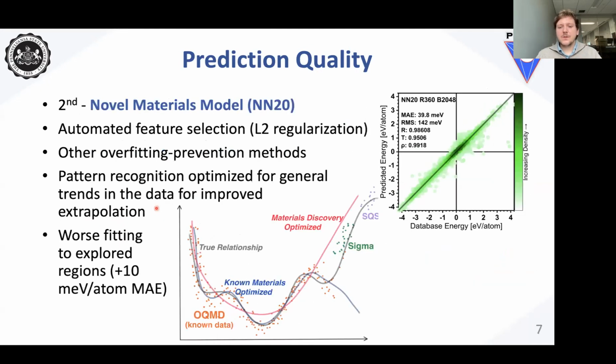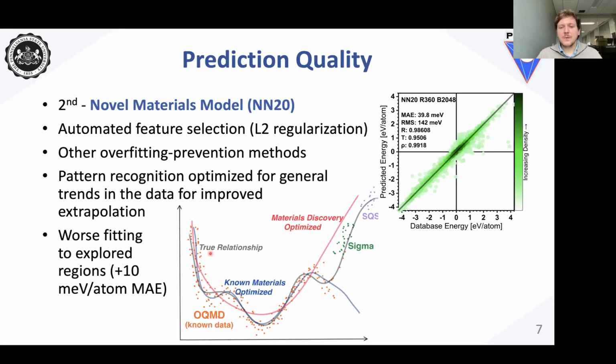Then, if you want to predict something new, you have to do a bit more work. You cannot just create a large deep neural network and call it a day. In our case, when we have this true relationship that OQMD tries to approach and explore, our non-materials model optimized network, like the one that I showed you on the previous slide, is going to try to roughly replicate what OQMD or known data is doing. But if we specifically tell the model to be very general, instead of fitting to the small trends in the data, to be very broad and very approximate,